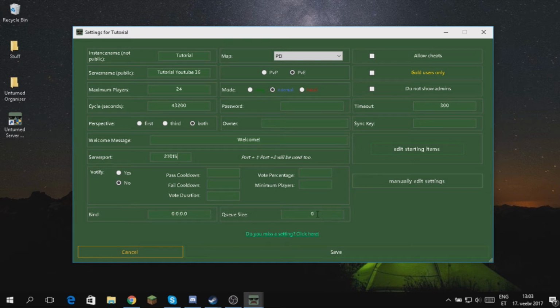Queue size, you can change that. If you have it on 0, that means that if anybody tries to join and somebody else tries to join at the same time, then one of them gets a kick because they can't join at the same time. I'm gonna make it 10.